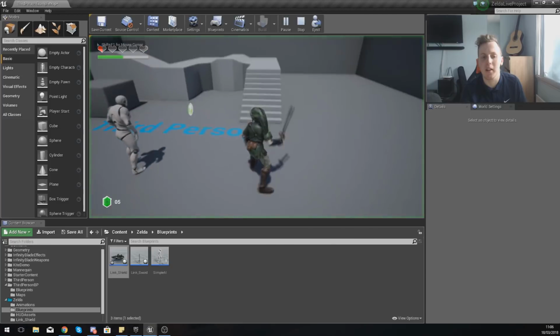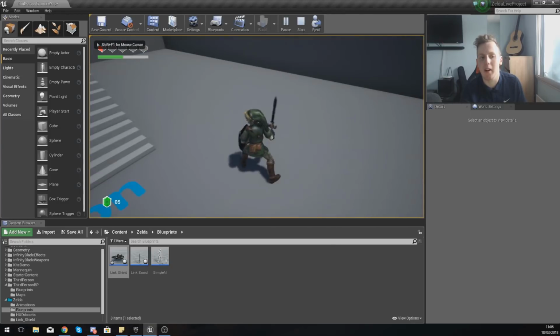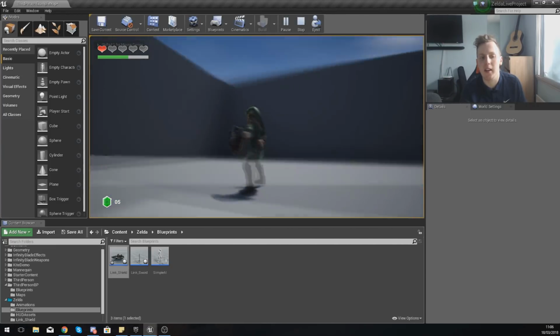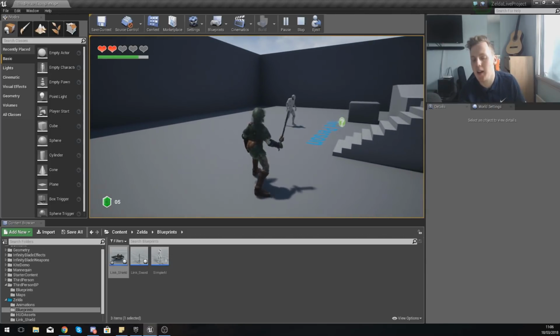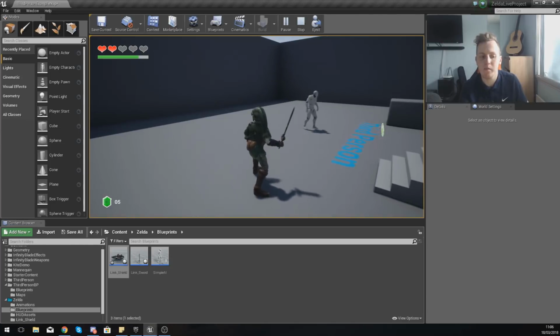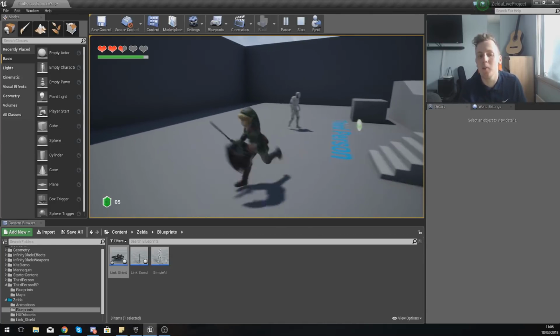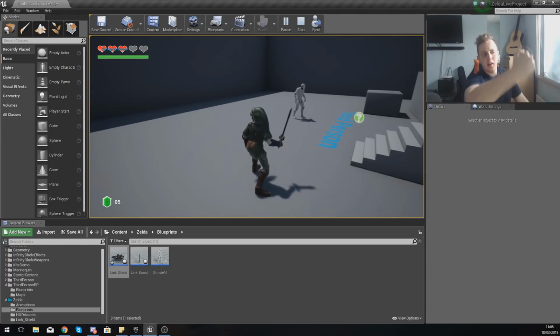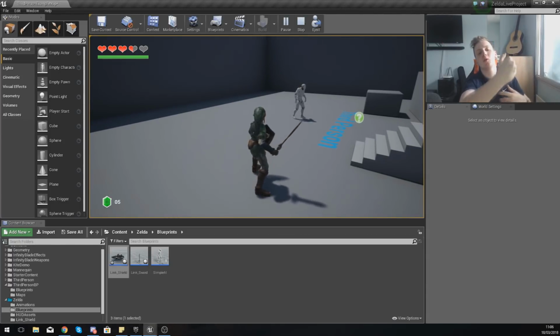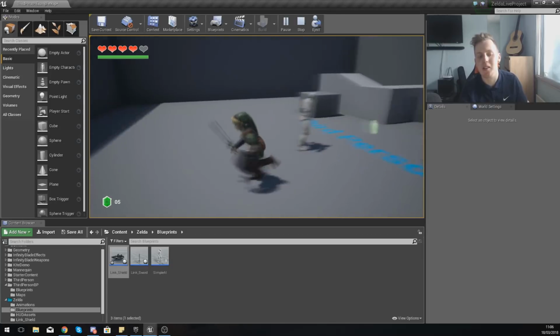And then just press play, and we should be able to move around as normal. But the important thing is that we've got our shield and it's attached to the character's left arm. So now we've got the more difficult bit, which is going to be getting it to move his arm up like this when you try and block a hit, and we've got to set up an animation for